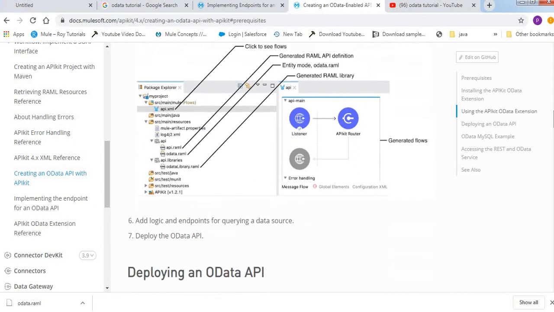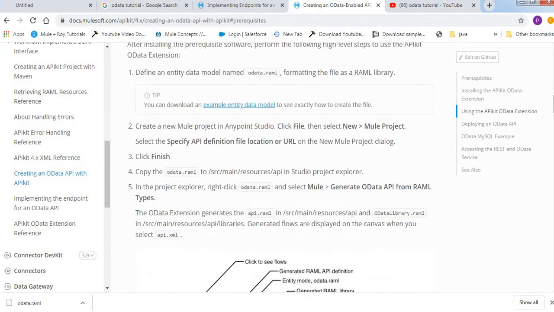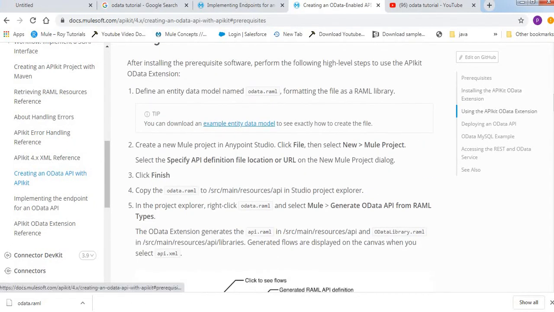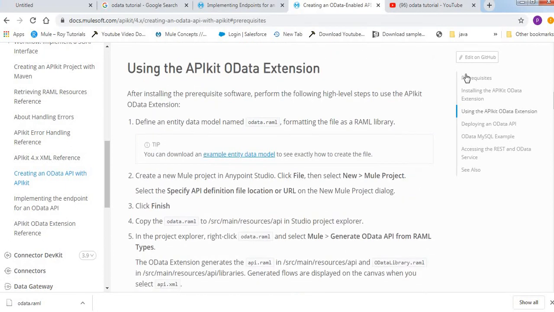Create a new project in MuleSoft, and in the project specify the API definition file location and click Finish. The Generate OData option we have to select.